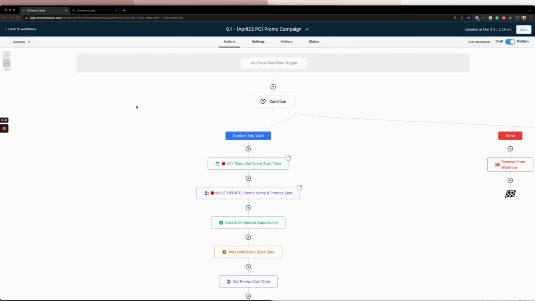So I want to give you a live demo of how to test the workflows. I know that I walked you through the process in the last video, but this is on a live account, and while this is not a flash sale, the workflow is still set up very similar within the promo campaign. It's more complex than promo,